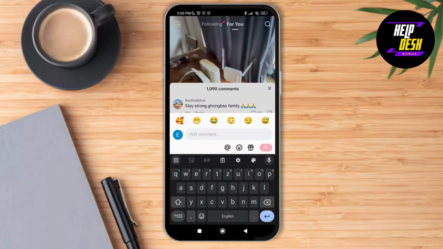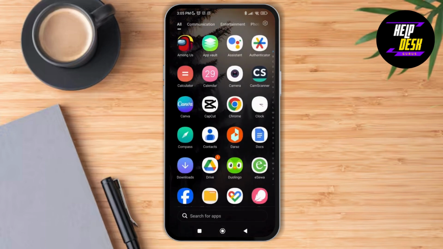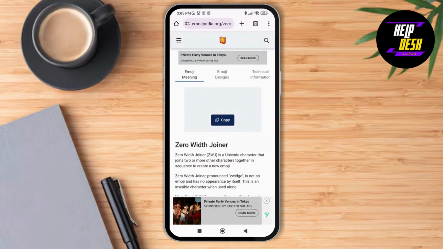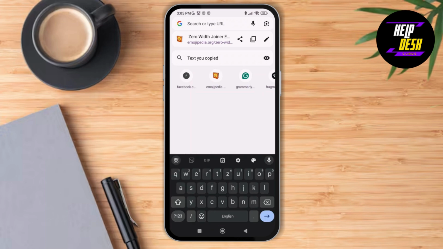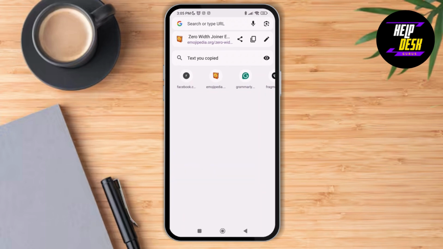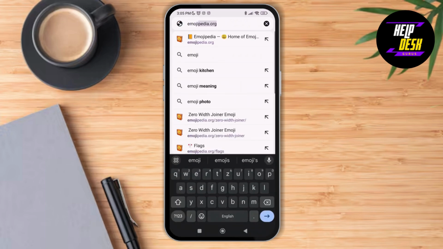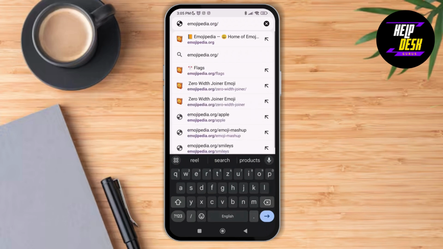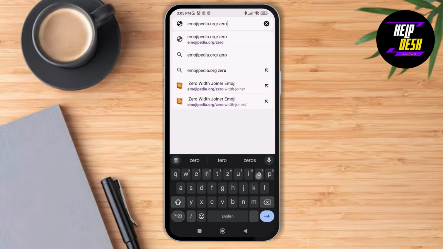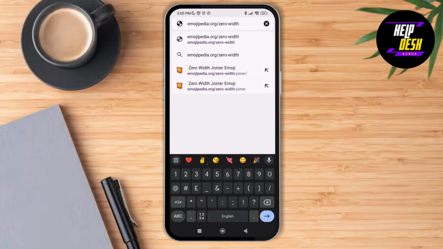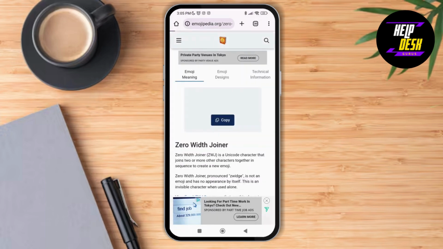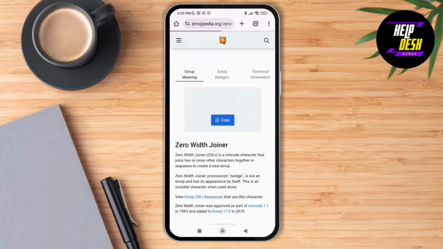So what we're going to do is we're going to go to the Chrome browser on our device, and then over here we're going to search for this website, which is emojipedia.org. Let me type it for you: emojipedia.org/zero-width-joiner over here. So as you tap on that, it will land you to the home page of this website,